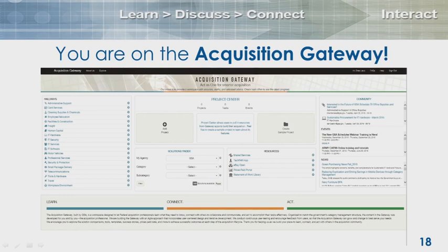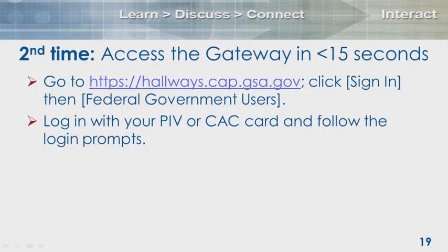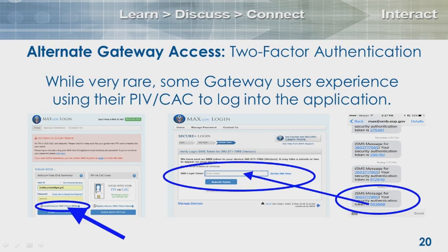I realize that multi-step process can be a little bit much to go through. If you have any questions or have any challenges, you can always email the Gateway's email address that's also on the slip sheet, and my team will walk you through that. Once you are on the first time, all you do then is you go to the Gateway, you put your CAC card into your reader, you log in, and you're on in about 15 seconds. There's also another alternative two-factor authentication that you can use called Secure Plus, and the instructions will be in the deck.